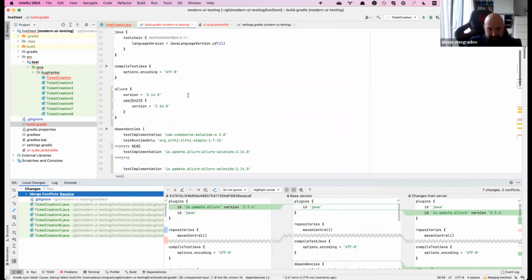We'll commit this. So there are just the same tests, but now there are 8 of them. Git push. Okay, it worked. I will run the test. We will see if it will be working.